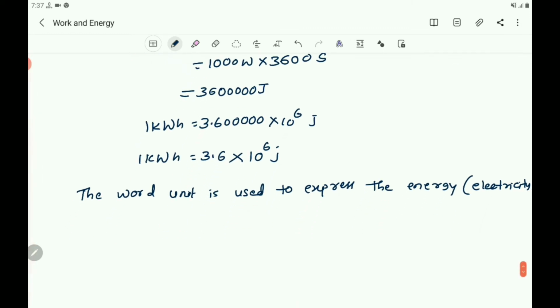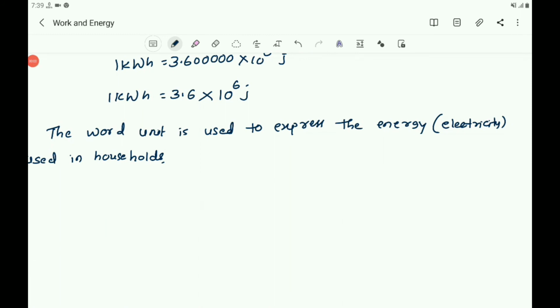Electricity used in households, industries and commercial establishments, and this unit. So 1 unit equals